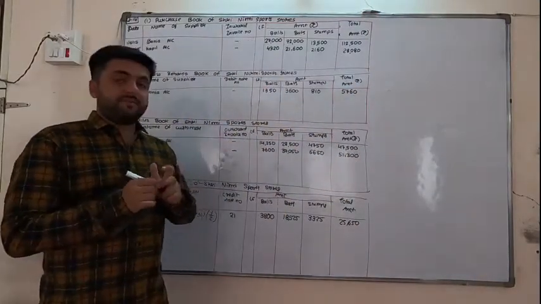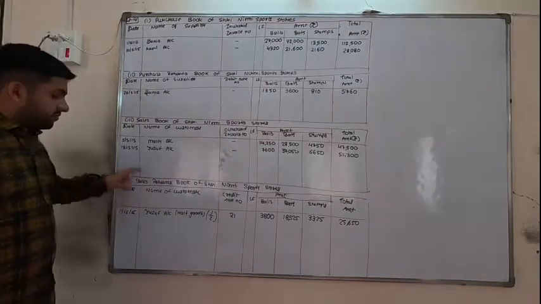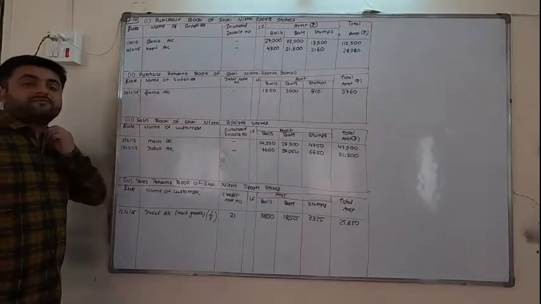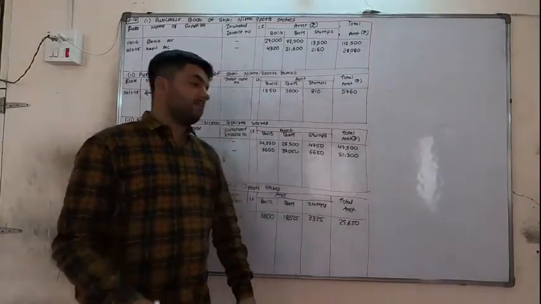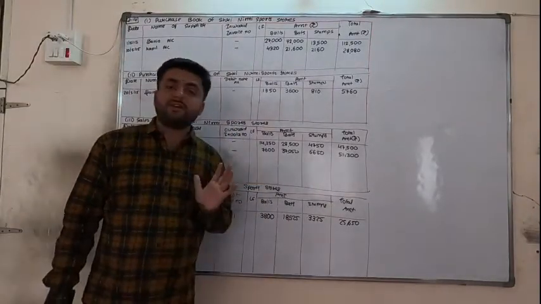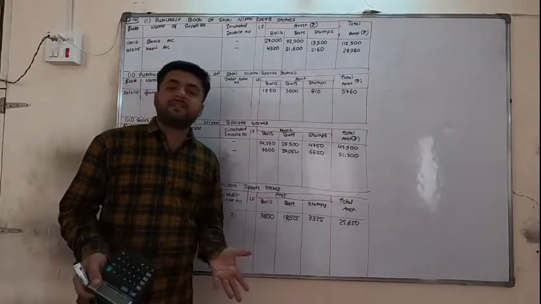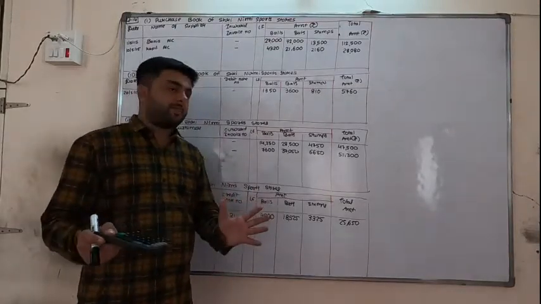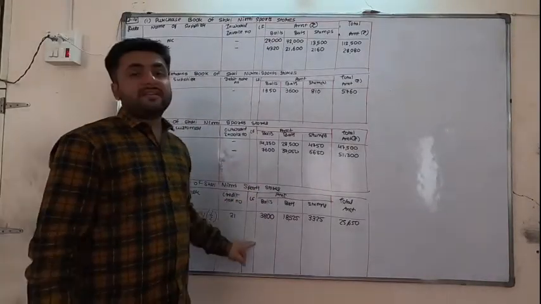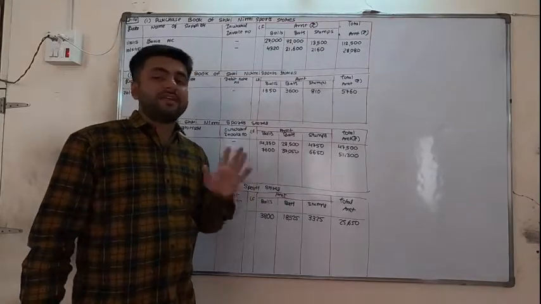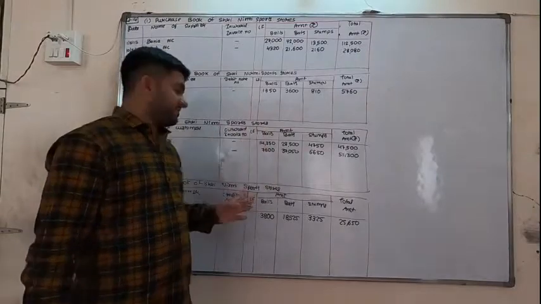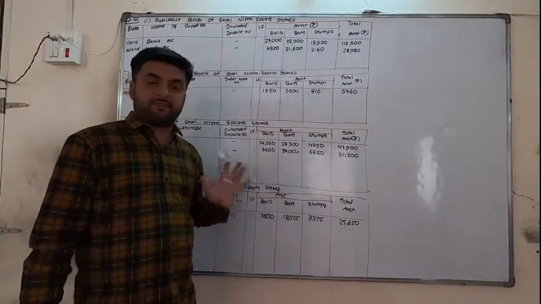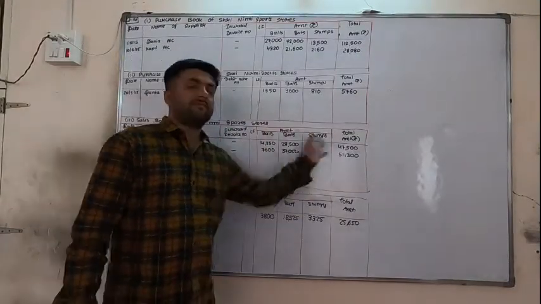Once more I will repeat. See, for the goods which we are returning to Yusuf, they are directly giving that half goods. So we don't have to think about trade discount. As trade discount is subtracted from here, if we take that percentage, it is subtracted from there also. So here it is easy: if we are returning 40% of the goods, we directly multiply by 40%; 60%, then 60%. 50% means you can take 1 by 2 or half of it. So we have taken directly the half of it.